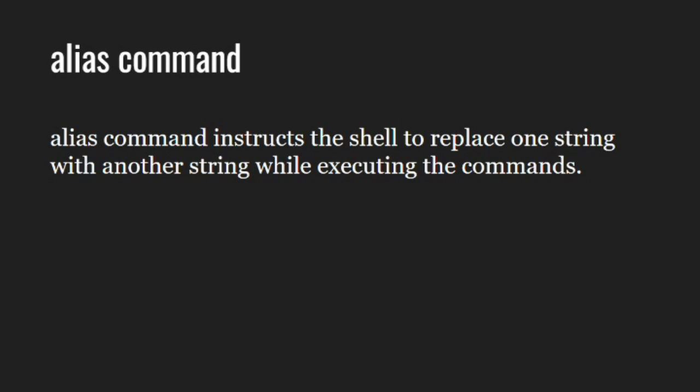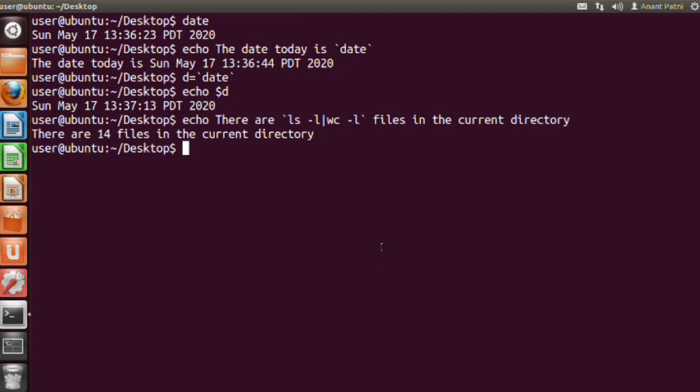Let's look at some examples on a system. Now let's say that I have a long command which I need to type again and again. To prevent that, I can set an alias to that command. Let's assume that I want to set an alias to ls -l. Although this is not a very long command, let's take this for example. Let's say that I want to simply type ll in the terminal and get the same output as ls -l.